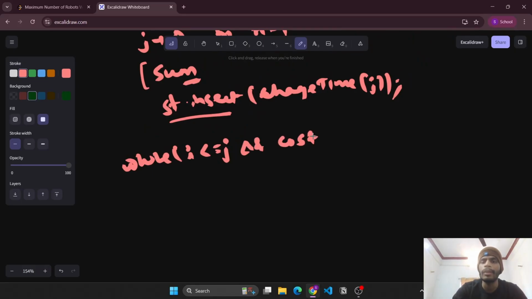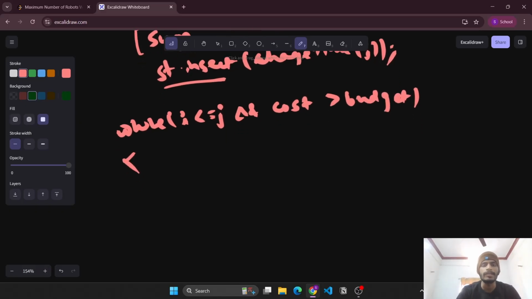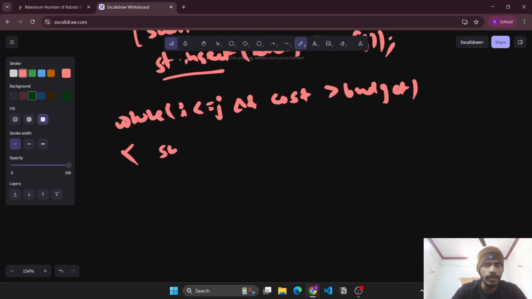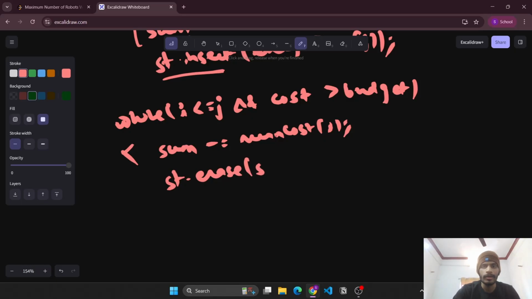And at the cost that we have currently, it is greater than budget. So while this is happening, we'll update our sum. How will we update our sum? We'll simply remove the running cost of i from the sum. So this sum will now have the sum from i plus 1 to j, and we'll erase the occurrence. So we'll simply erase st.find the charge time